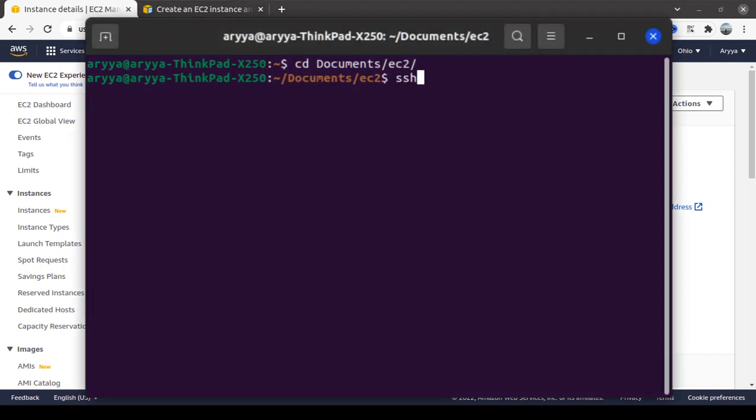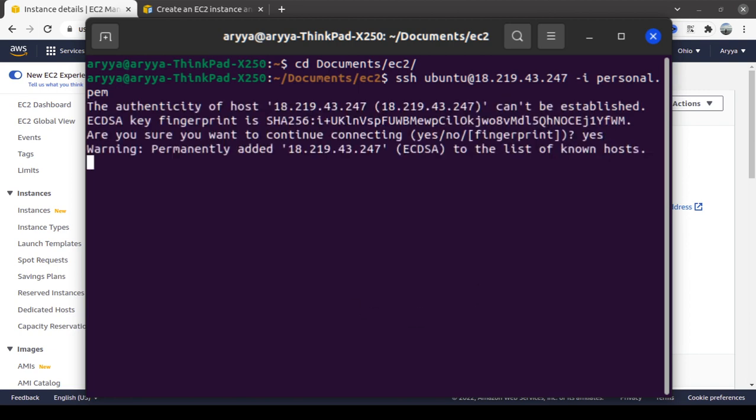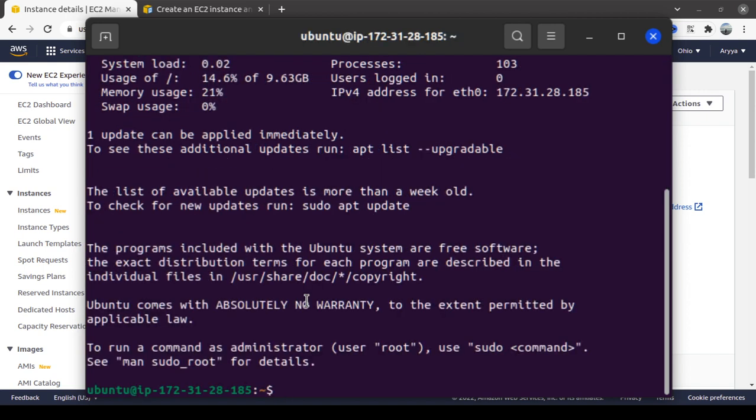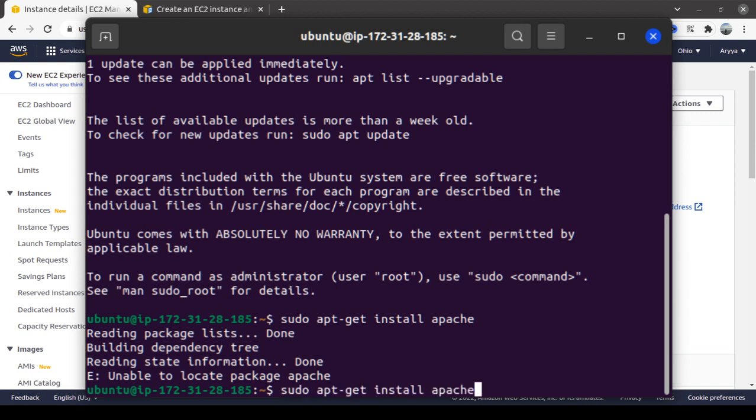So, SSH ubuntu at the public IP, and then connect. Let's type yes. Now let's install Apache.